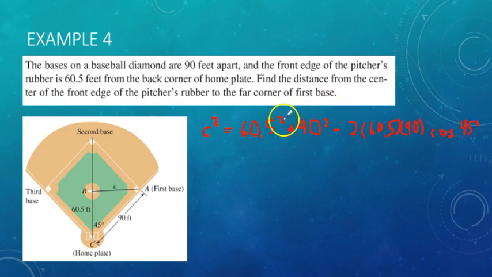So all of this can just be plugged into your calculator at this point, and the value I'm getting from it is 4,059.857. Now again, I'm not just going to round off my decimal a certain number of places. What I actually want to do is take the square root of both sides of the equation. So when I'm doing that, I want to make sure that I'm entering the square root of the previous answer in my calculator, rather than just trying to round off some number of decimal places. And by doing that, I'm getting